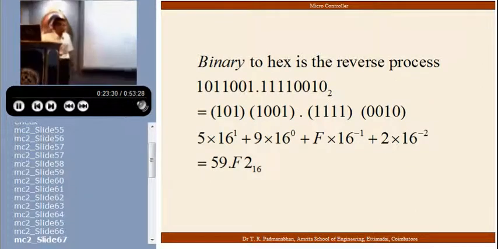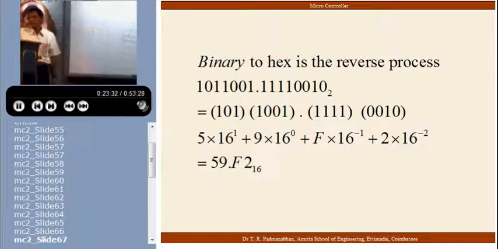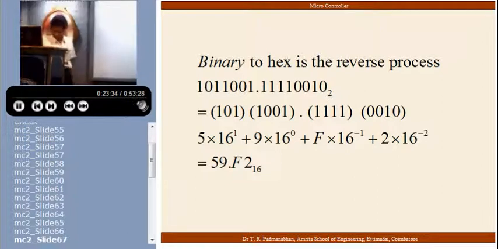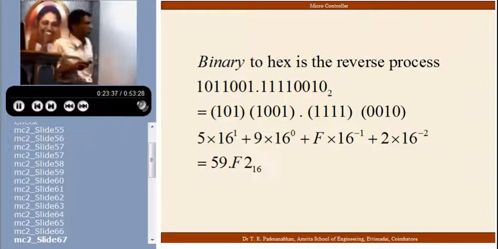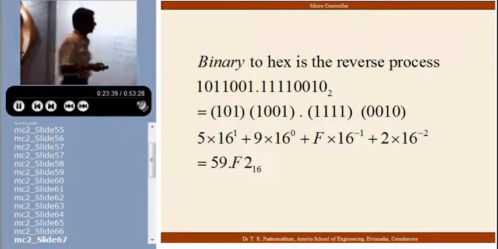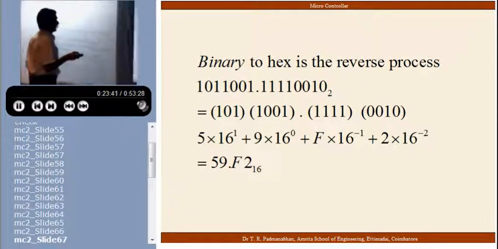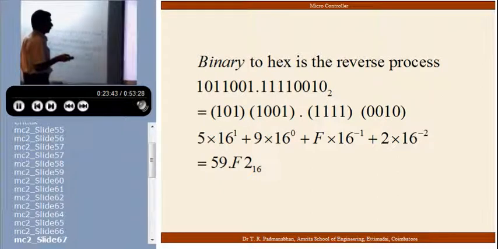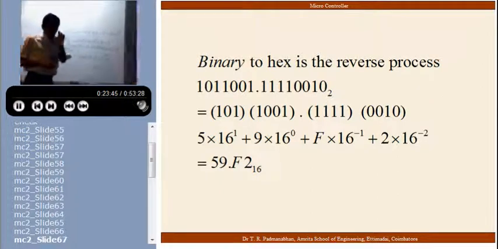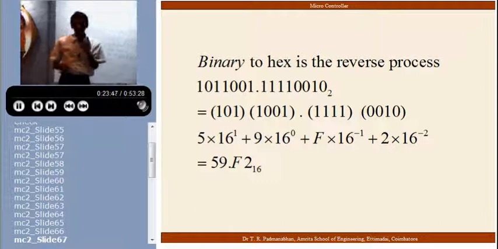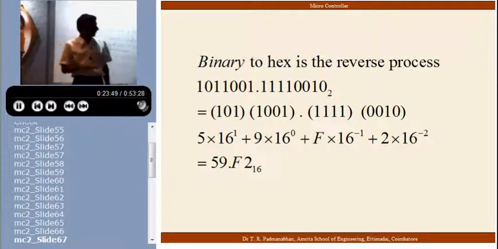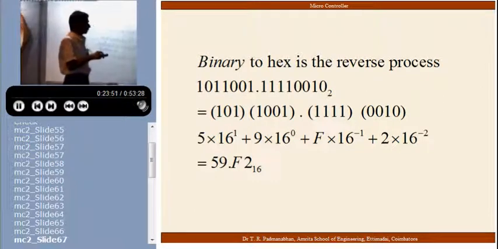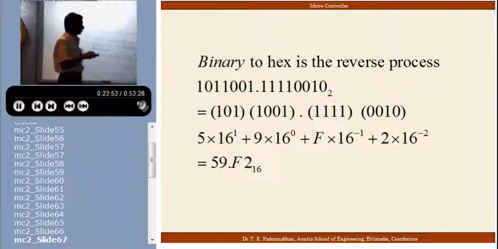See, this is binary to hex, and the same number I have taken and converted to hex form. You see here I have done a grouping. All that you have to do for binary to hex, I think, should be even simpler. These 4 binary bits you have to take and group together, because 4 binary bits together form a hex number. So these 4 I have grouped together and put here. These 4, here there is a 0, I have grouped together. Same way, these 4 and then those 4. Now it is easy to write.